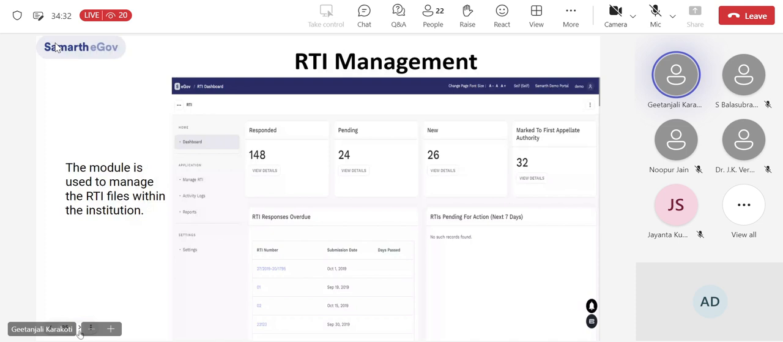Then we have RTI management system. This particular module is used to manage the RTI files within the institution. So instead of capturing the details in an offline manner, you can use this particular module. Here you can add how many RTIs have been responded, how many RTIs are yet to be responded, which are in pending status, and in case any RTI response is overdue, that details can be added